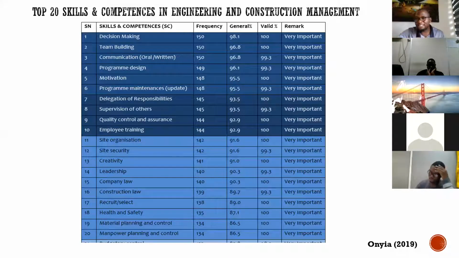And also they identified motivation and program maintenance. Like I told us in the last class, ICT related software engineers are constantly producing apps, and they are constantly updating them based on market feedback. So as engineers, we also identify that program maintenance and updates are very important. And where does that update come in?